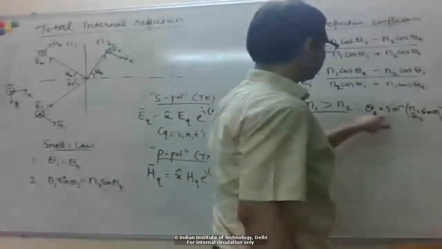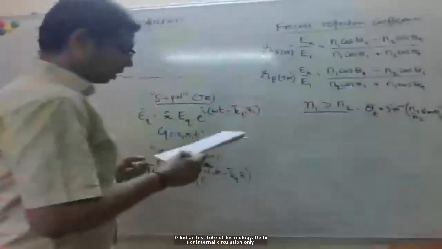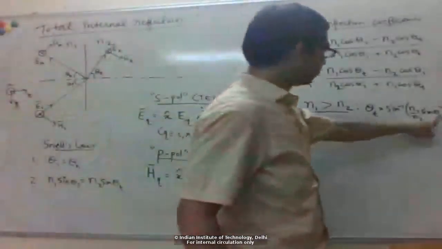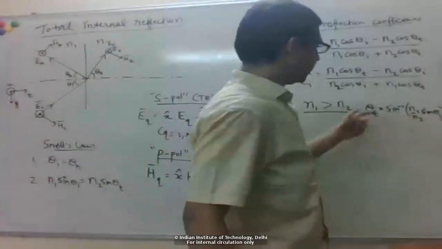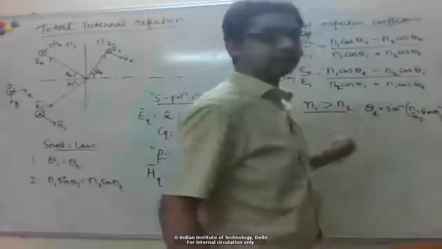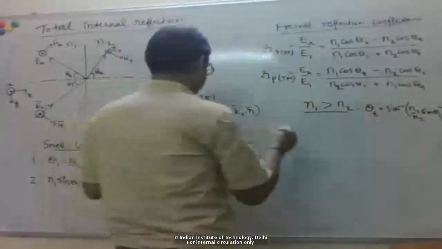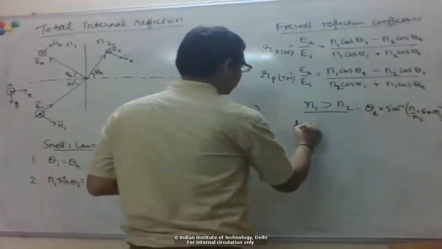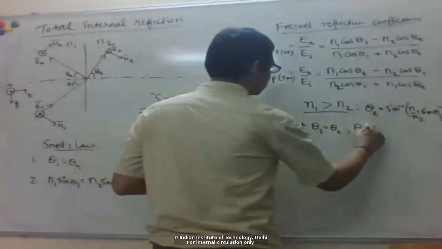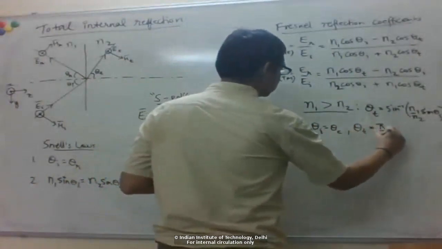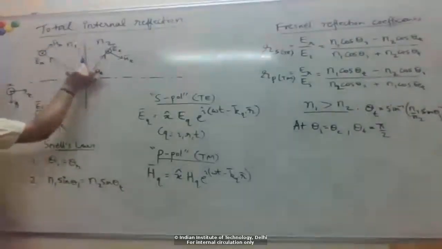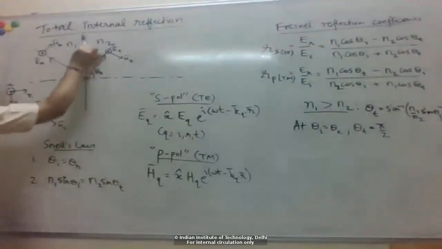N1 is greater than N2, so sin theta t is greater than sin theta I. Now as this incident angle increases, theta t also keeps increasing, but at some point you can reach 90 degrees for the transmitted wave. So at some critical angle of incidence, this theta t becomes pi by 2, which means this transmitted ray is now going along the interface,